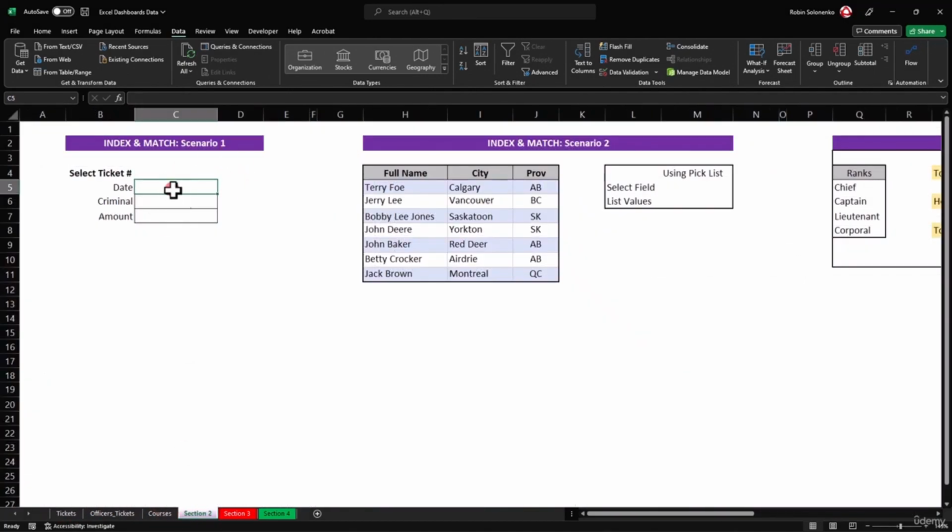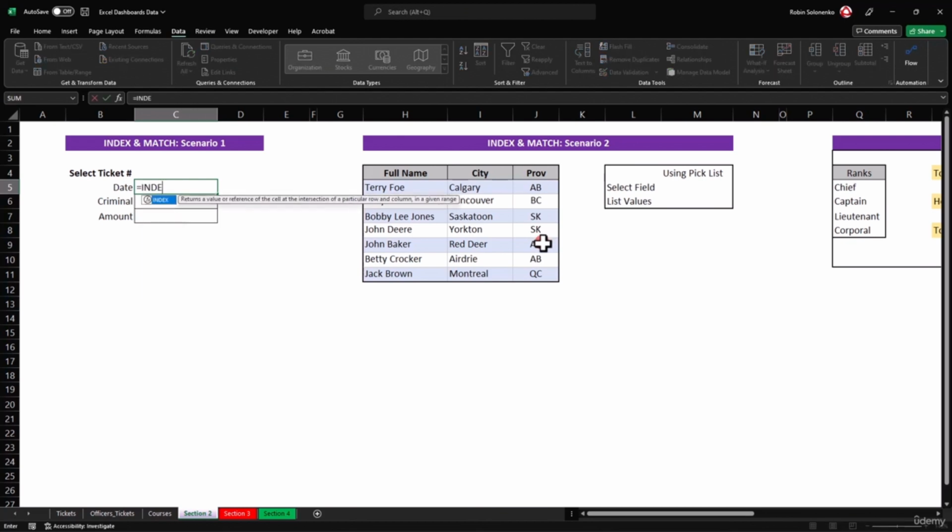Now, in the rest of these, we need some sort of formula that looks at those, goes back to that table, goes to the proper field, and pulls in the information. So for this, we're going to use equals INDEX. Now again, I already named this for us. So you're going to go to the date issued column, which is in that table, comma, and you're going to MATCH it